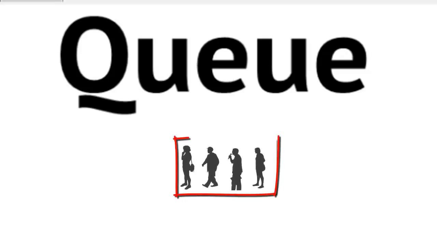So the queue should be a very familiar structure to us. It models this idea of waiting in line. If you've ever waited in line for something, then you have a good idea conceptually of what a queue is all about. What we're going to talk about in this video is just the terminology associated with this queue abstract data type or queue data structure.